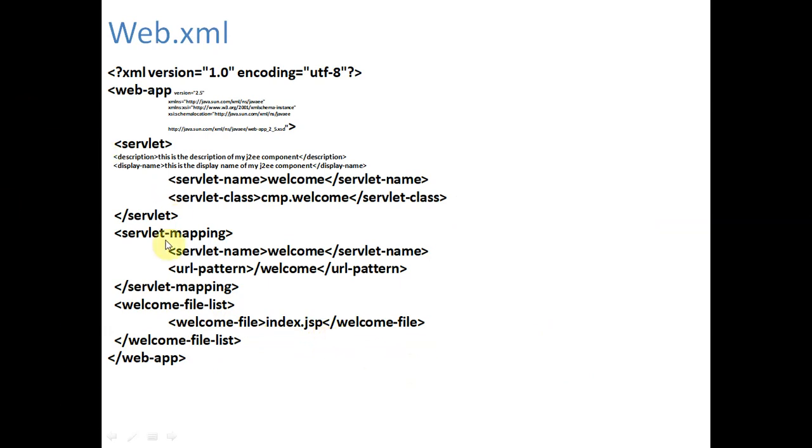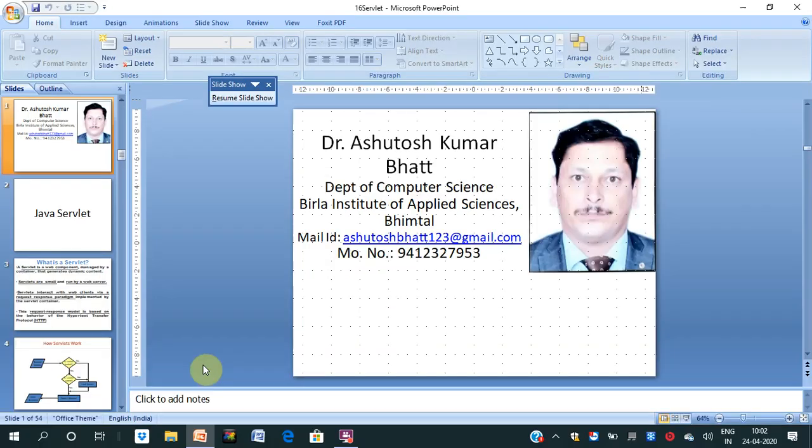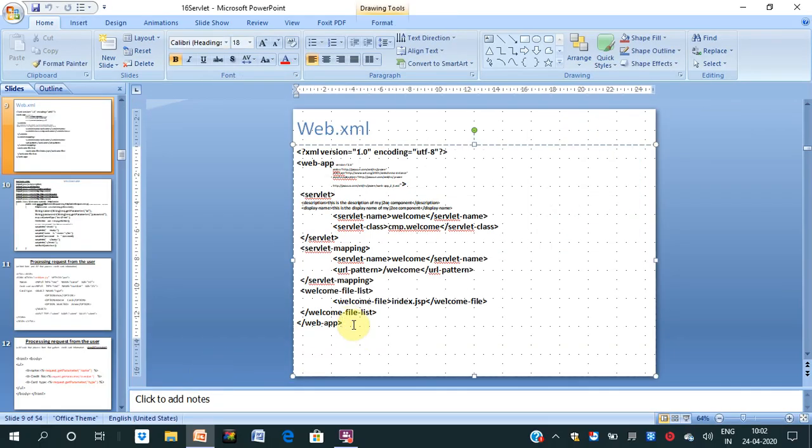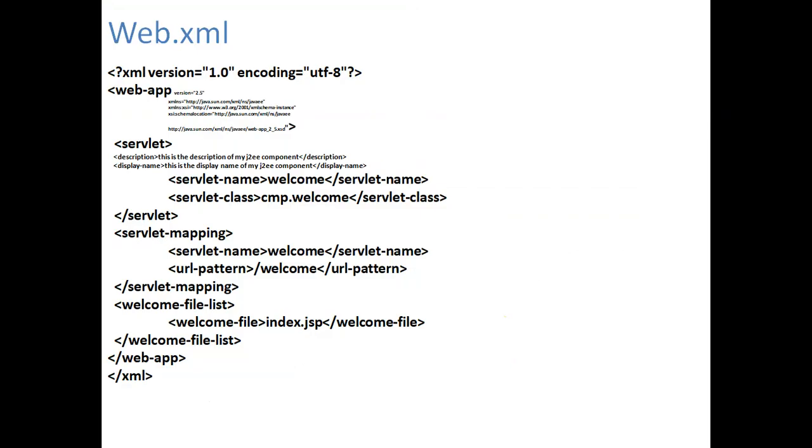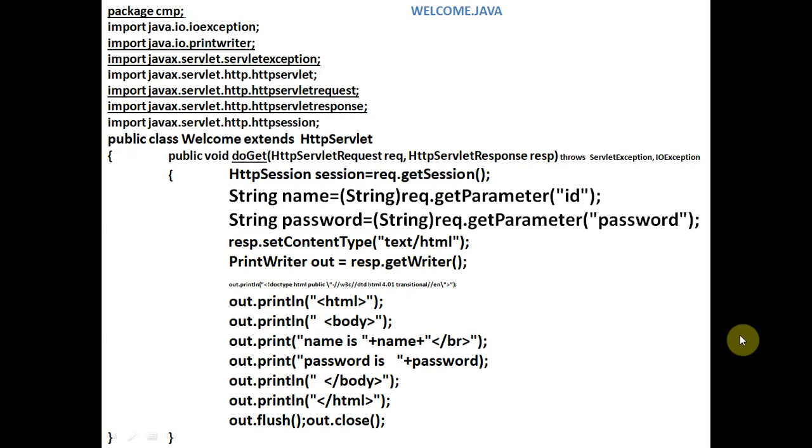So this will be closed here, the web app, the web application, and web.xml is closed by slash xml. So this is the XML program, with the XML version and encoding, everything we will write. And this is web.xml, and this is our servlet program.